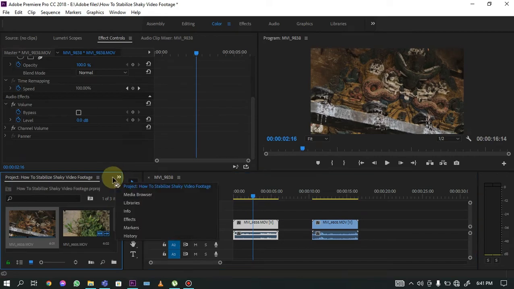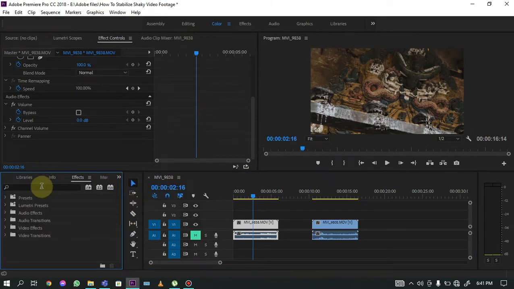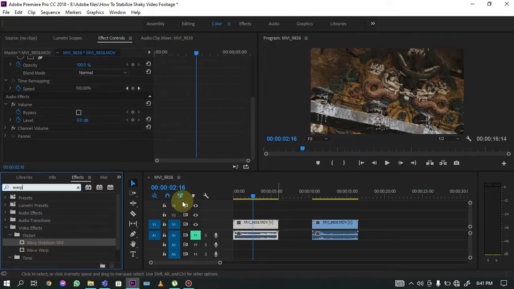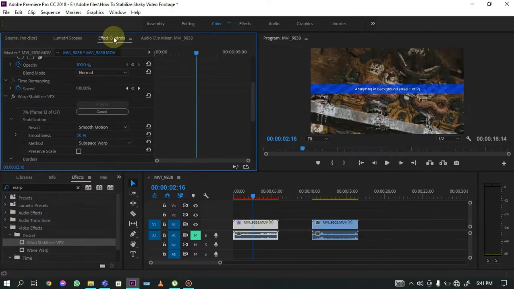So what we do is we go to the search bar, effects control. We will select effects and we will type here warp. So here it is, Warp Stabilizer VFX. So we just have to drag it onto the clip. So here it is stabilizing, analyzing in the background, and we just select it and go to the effects control,